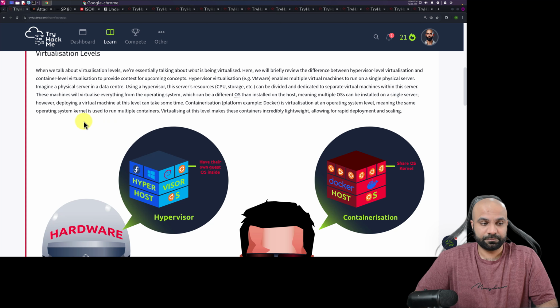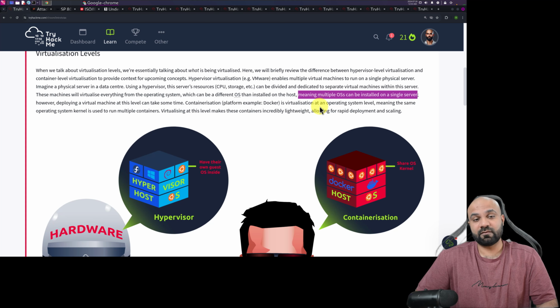So what we learned here is that containerization is virtualization at the operating system level, which makes it very, very light. But on the VM side, it is virtualization at the hypervisor level, where separate virtual machines are on the server, and each virtual machine has its own operating system.